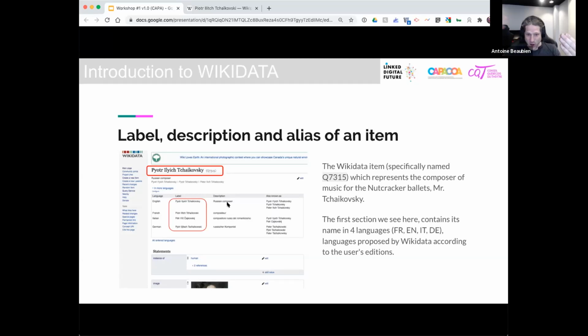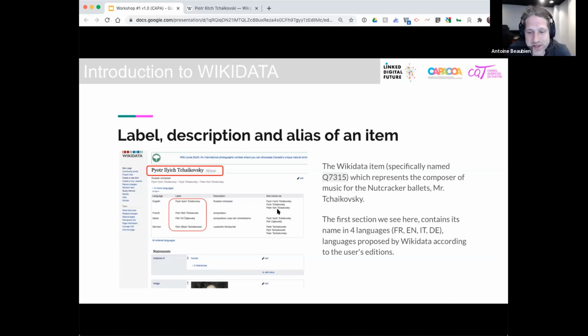So is the Titanic a boat? Is it a movie? Or is it a music band? So the description is open text, and it can be written many ways. And there's also aliases, and aliases are very, very helpful, because sometimes when you talk about someone, Pierre, sometimes we talk about Peter Tchaikovsky. Of course, the automated searching tools cannot change Pierre to Peter automatically, because it's not closely related. But by having aliases, we can add many ways of